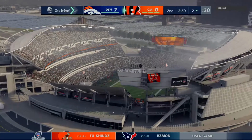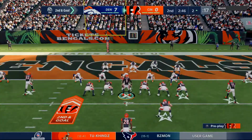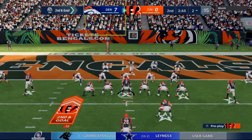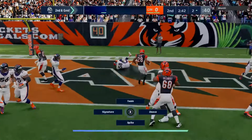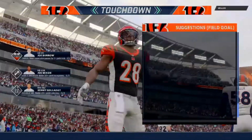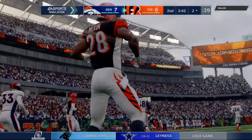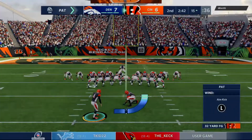Just 2nd and short coming up. From the 2 now, 2nd and goal. Let's go, D. 56 to Mike Mixon trying to punch it in, and he takes it into the end zone. Touchdown, Bengals. Taking it in from 2 yards out, and the Bengals are an extra point away from tying up